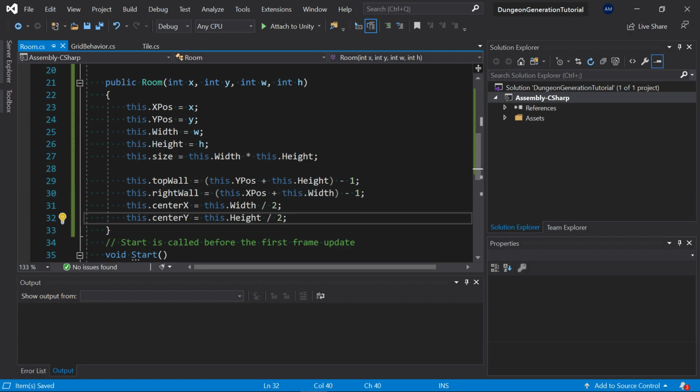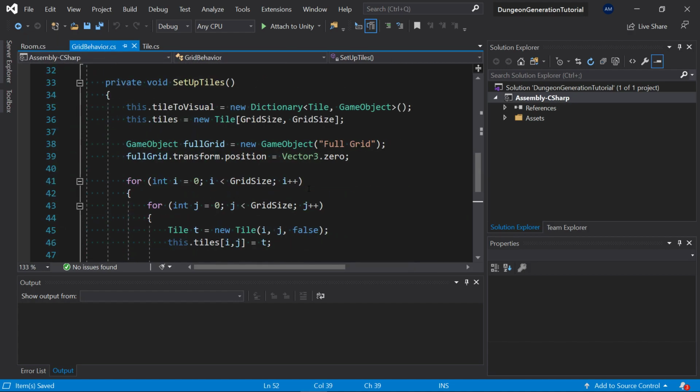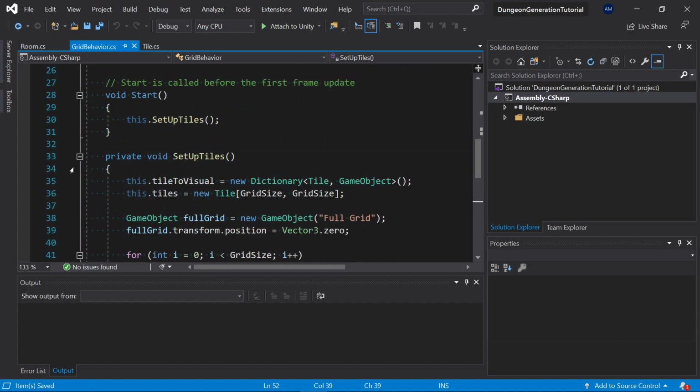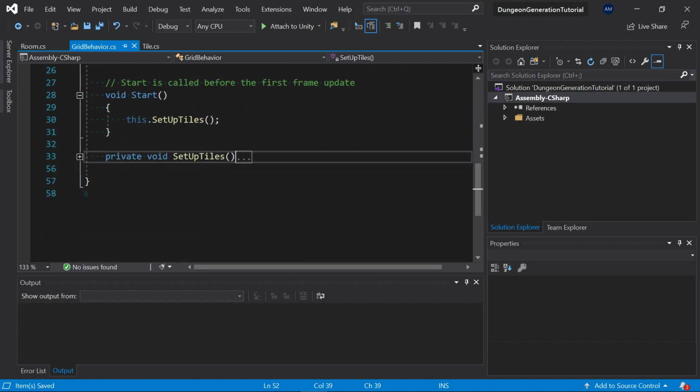And then we got that set up. It should be good to go for now. Let's go back over to our grid behavior. Now that we got the tiles set up, what we need to do now